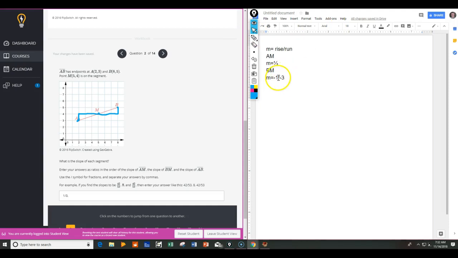Now, a negative divided by a negative reduces down to a positive, so 1/3. So BM is also 1/3,